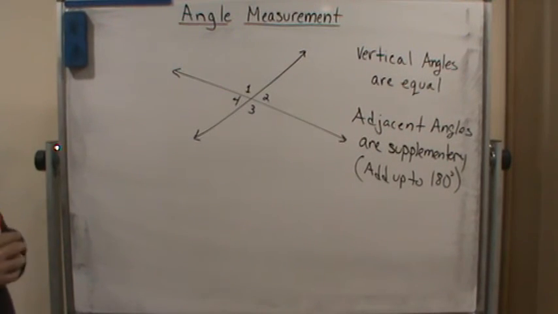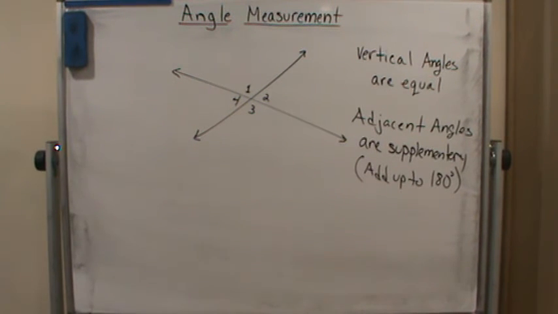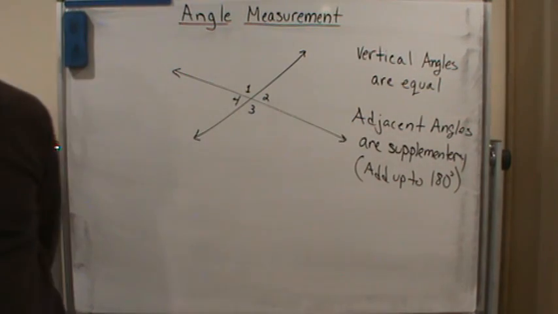Okay? And so those are the two things we're going to talk about in this video. And so we can use that to our advantage when we are given information about one angle. We can use that information along with the characteristics of vertical angles and adjacent angles to get the rest